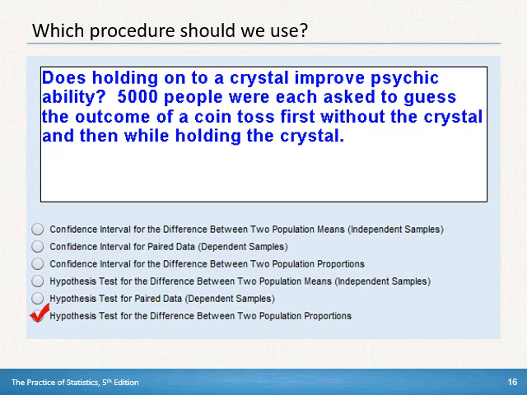All right, so this one is a difference in proportions, right? You're asking whether people guessed correctly while holding versus whether they guessed correctly while not holding. So it's a yes/no question. I mean, did you guess correctly? Did you not guess correctly? So there's only two options. So it's definitely proportions. And then we want to know, answering a yes/no question, does holding the crystal improve